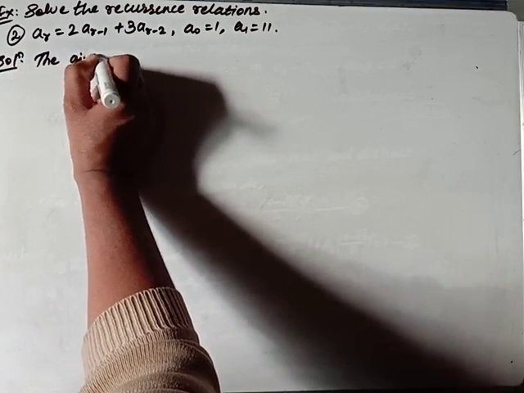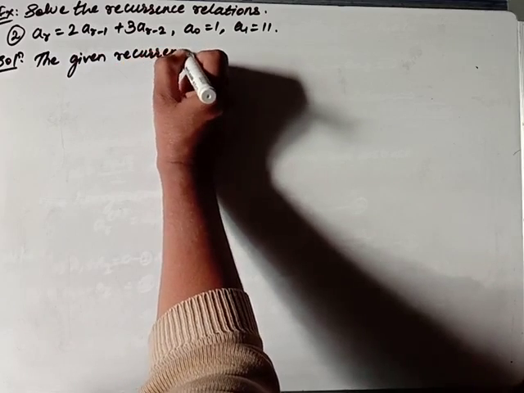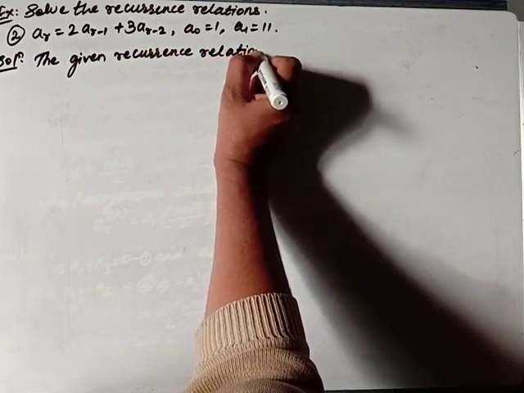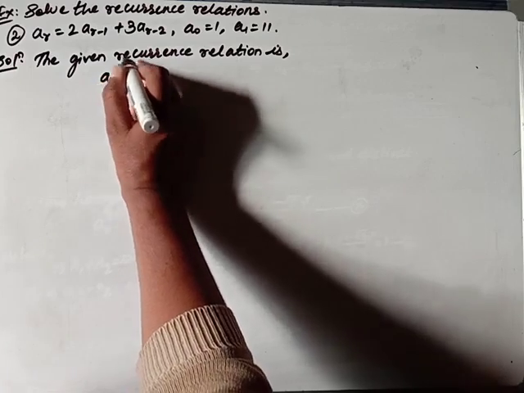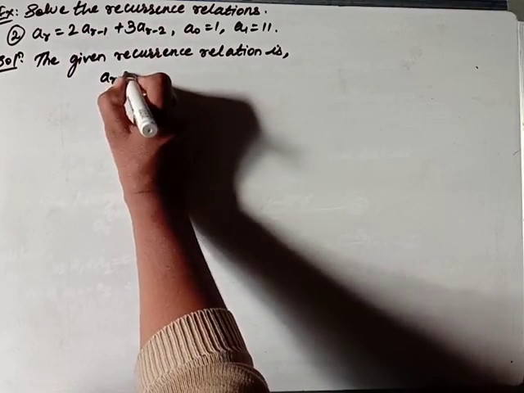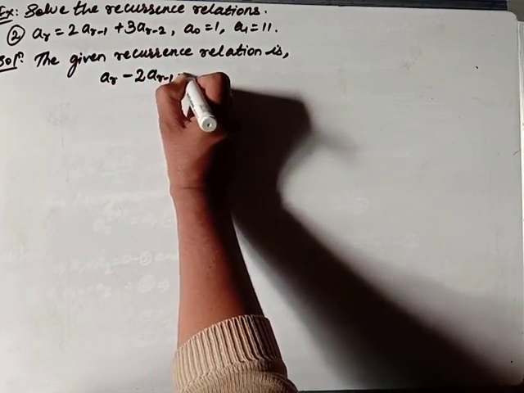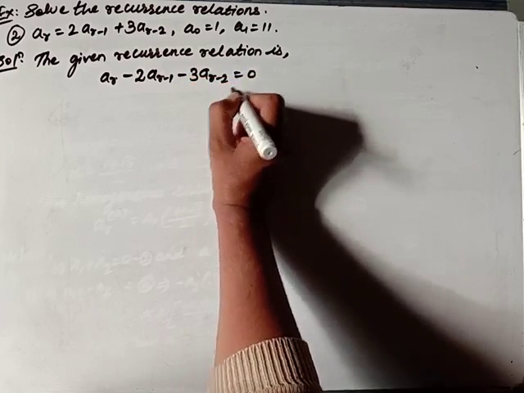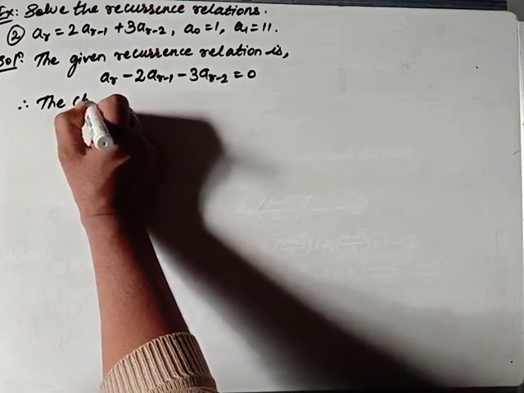The given recurrence relation is a_r = 2a_{r-1} + 3a_{r-2}. So let me take that on the left-hand side: a_r - 2a_{r-1} - 3a_{r-2} = 0. Therefore, the characteristic equation is